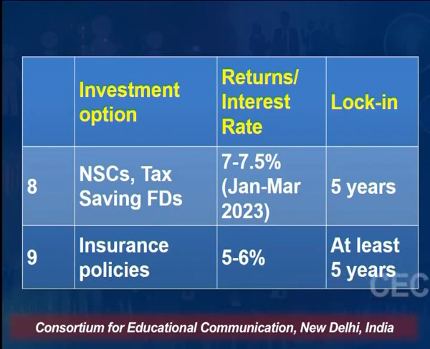And then you have insurance planning. When I was talking about the ULIP, unit linked insurance plans, at that point of time I was saying that under the ULIPs you have a twin benefit of investment: your life is assured, plus investment in the equity and debt market. But these insurance policies are being purchased purely for safety purposes. If anything happens to the person who is insured, or you are buying an insurance policy for your child or your spouse,